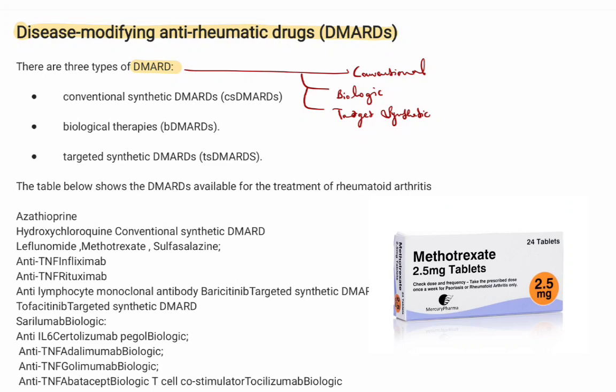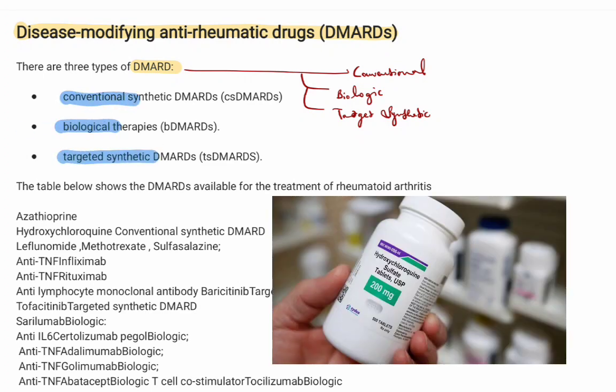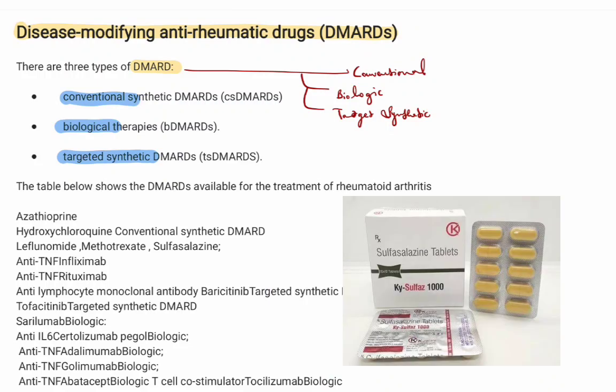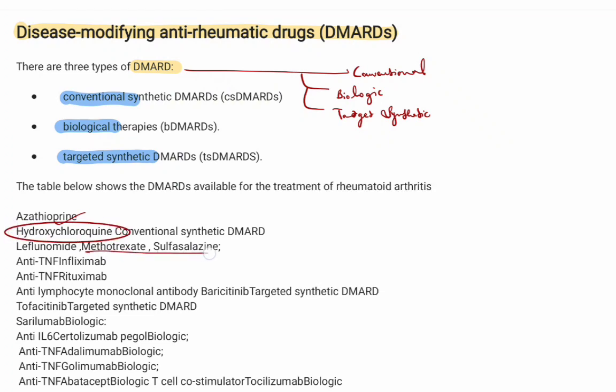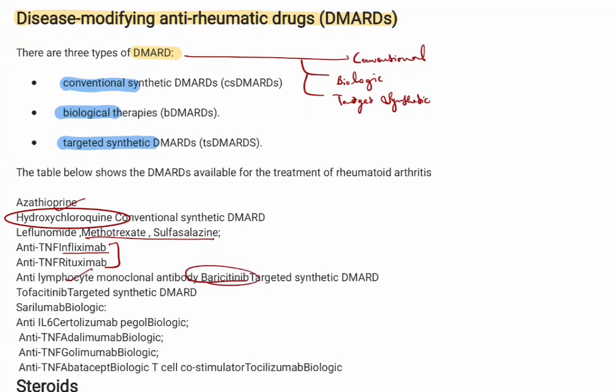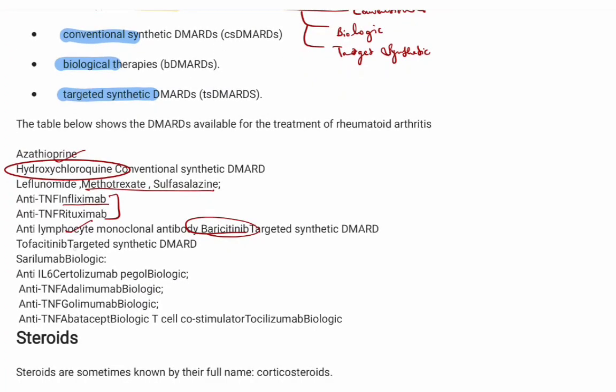Now, understanding the conventional, biologic, and targeted synthetic types, which we have nowadays: azathioprine, hydroxychloroquine, which is the conventional synthetic, methotrexate, sulfasalazine, infliximab, adalimumab, golimumab, tofacitinib. So these are all the categories of the DMARDs, in which we have the biologic, conventional, and the targeted synthetic types. All the MABs you can see are the biologic